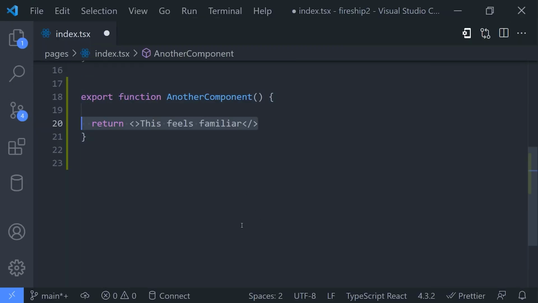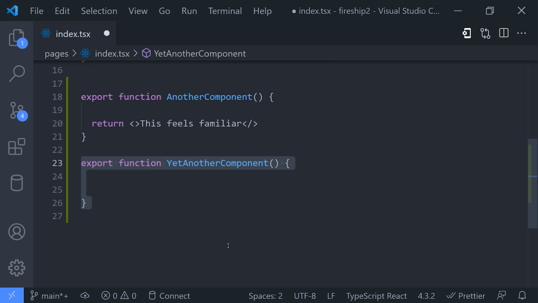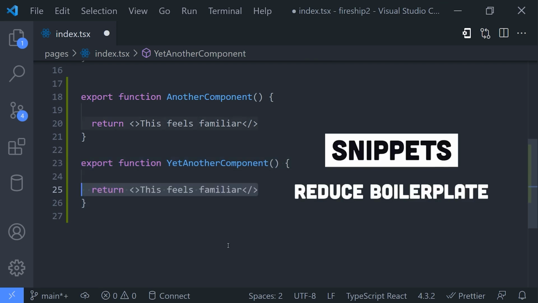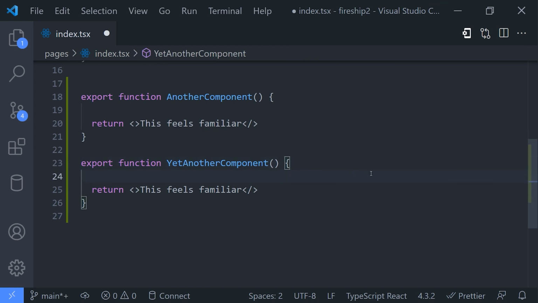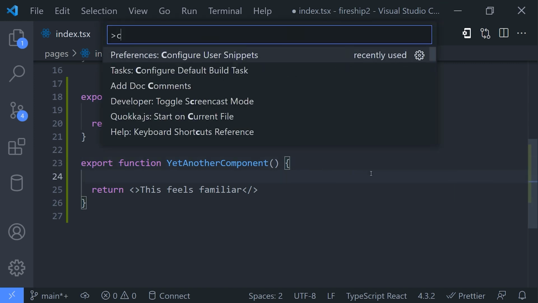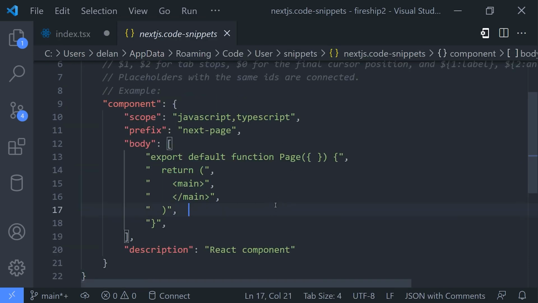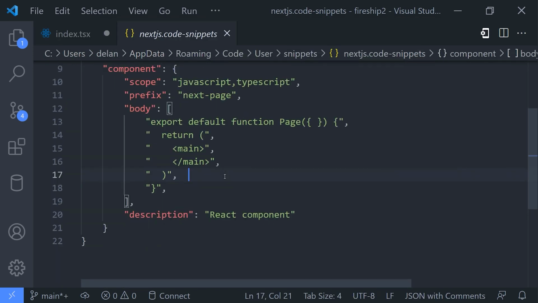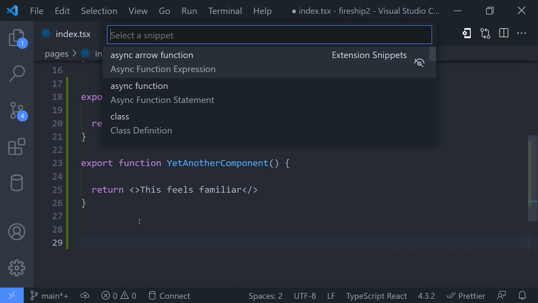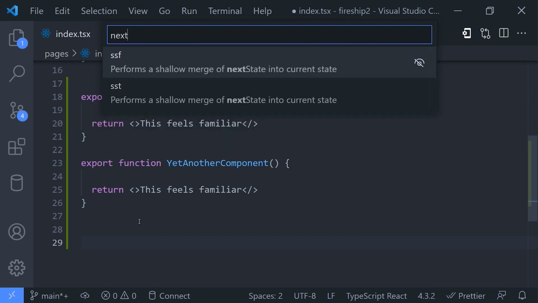In many projects, you may find yourself writing the same boilerplate code over and over again. If you find yourself doing that, an easy way to improve your productivity is to create a custom snippet. From the command palette, run the configure user snippets command. You can create global snippets to use across all of your projects or scope them to an individual workspace. Basically, you just modify this JSON file with the code that you want to insert. Then when you go back to your main project, you can use the insert snippet command to quickly add your